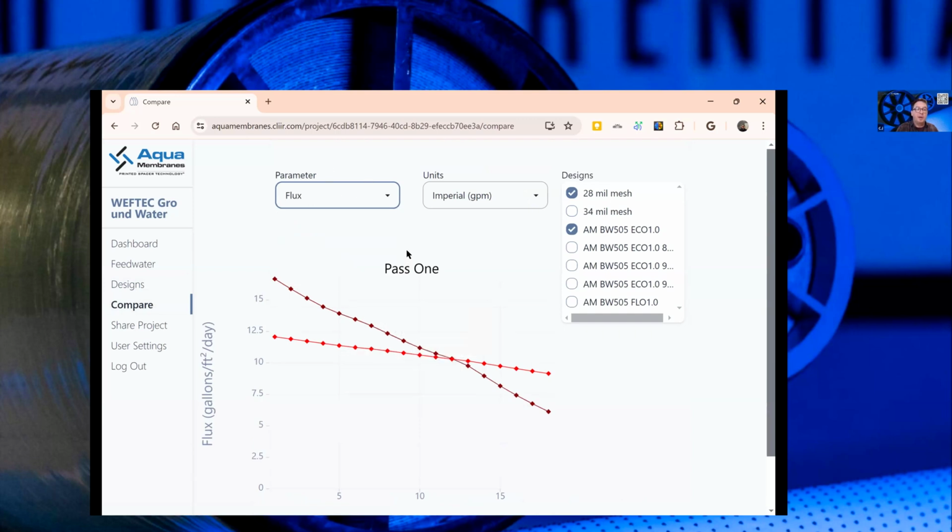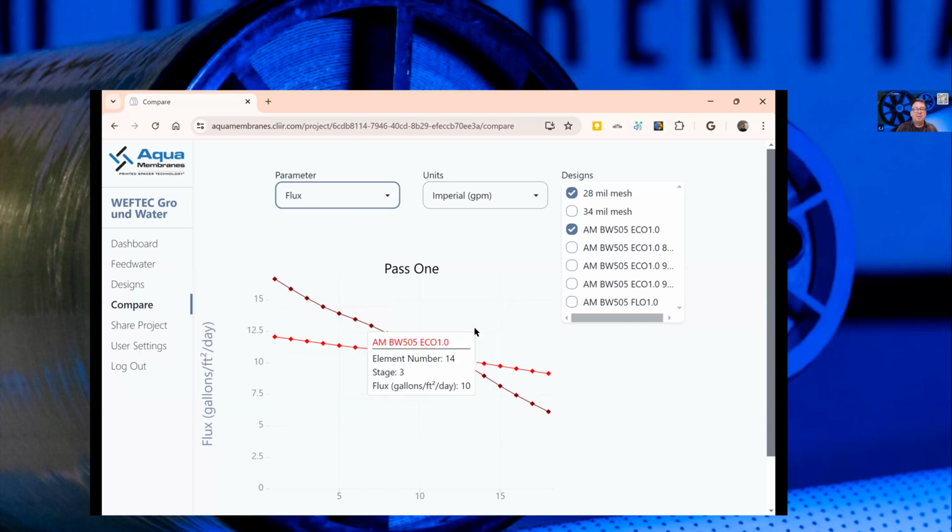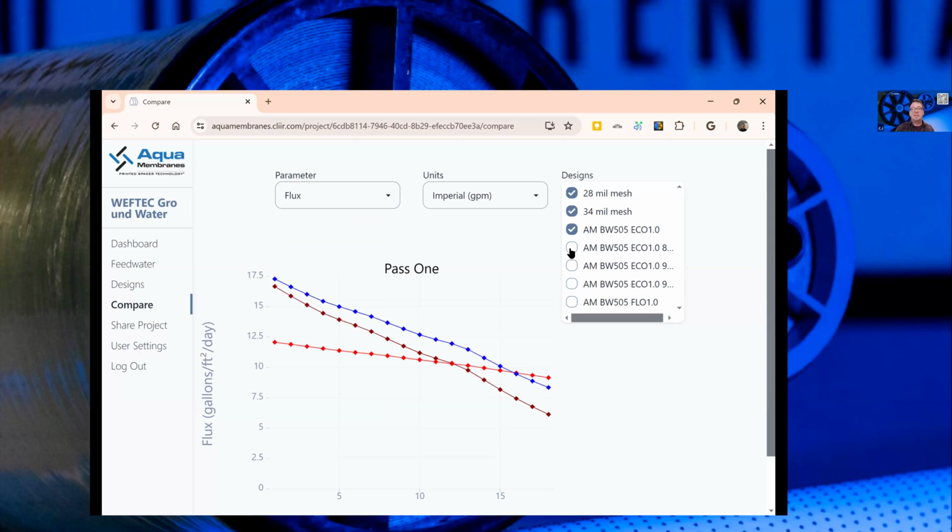One is the flux. Because we've got more active area, we're able to reduce the driving pressure, because we don't need to run as much through a given square foot of membrane because we have more square feet. And then the second thing has to do with these slopes of lines, the pressure drop. We've got less pressure drop as it goes through, which results in a more balanced flux profile. So in addition to being a lower average, you can see that these tail elements with the printed channel have a higher flux rate. So it's a nice tool to be able to look at different types of membranes and get an understanding of what's going on differently